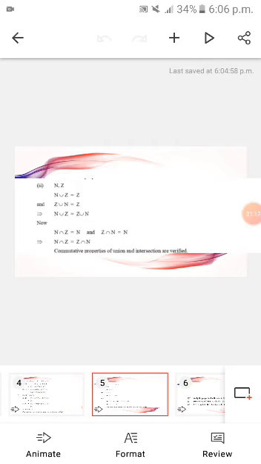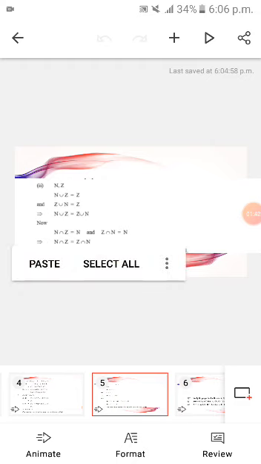Part number 2 is the natural number and integer sets. Firstly, we take natural numbers union integers, which is equal to integers, because the integer set is greater than the natural number set. So when we take natural numbers union integers, its result is the integer set. Now take integers union natural numbers, its result is also integers. So it means the left hand side and right hand side are equal.